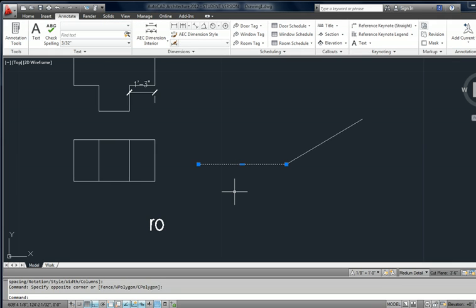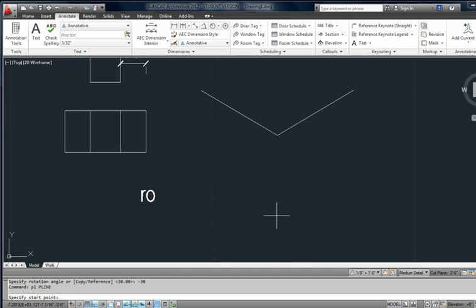Select the object, type in RO, enter, select the base point, and on the left side, I'm going to do -30, enter. The reason why I did -30 is because if we were to look at this object in respect to the angle,